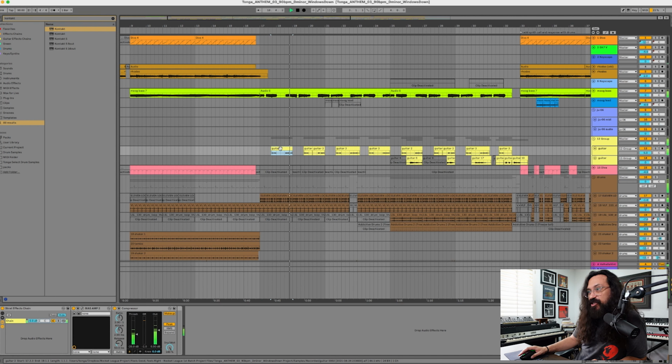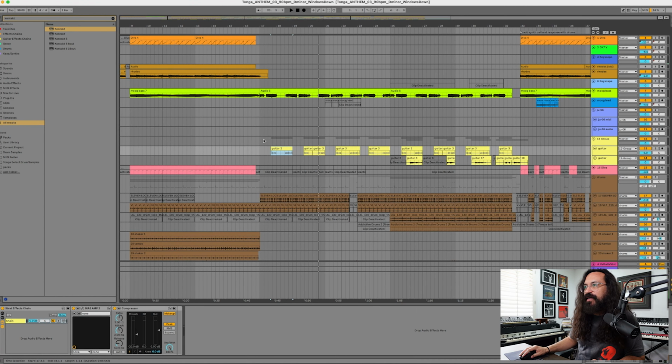Then also I have the guitar playing here, doubling the bass. I'm a huge fan of doubling a bass part with another instrument. My favorite instrument pairs with bass are bass and guitar, like here, and also bass with left-hand piano. I'm a jazz musician as well, and that's one of my favorite sounds. The upright bass with the left-hand piano playing the exact same bass line in unison is just a really beautiful sound to me. But there's a lot of different things that you can pair together. I do this in other tracks. You'll see this in another breakdown of another song. But anyways,